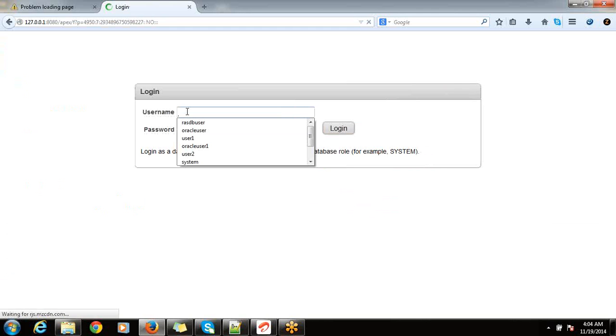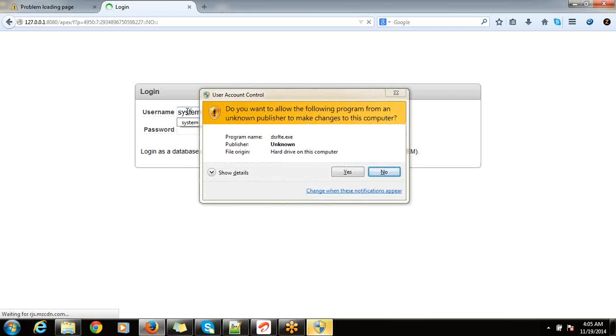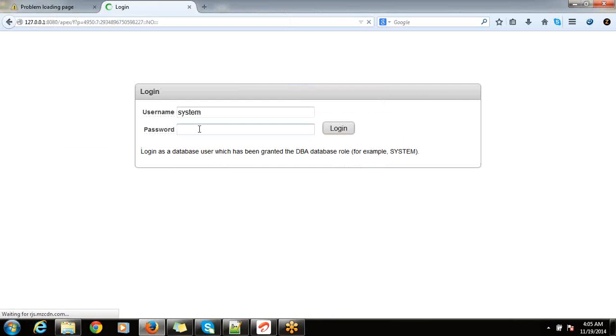You have to provide the super user, system, then the password, which is the password you gave during installation. I am giving my password here. Then click on the login button.